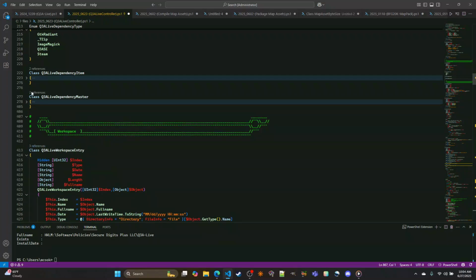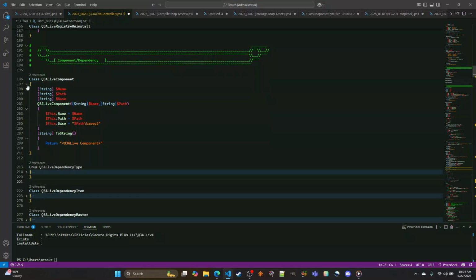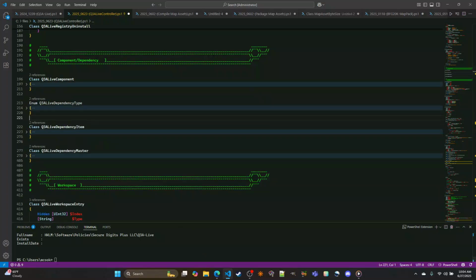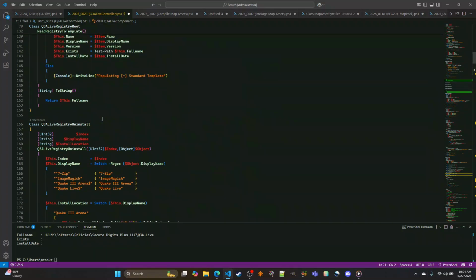I started out by making a map. I think it was Kerberos. And then once I realized that Kerberos was fun, people liked it, and it was popular, I decided to continue working on other projects. So then I built Tempered Graveyard, and then I built, not sure the order of the maps that I worked on, but